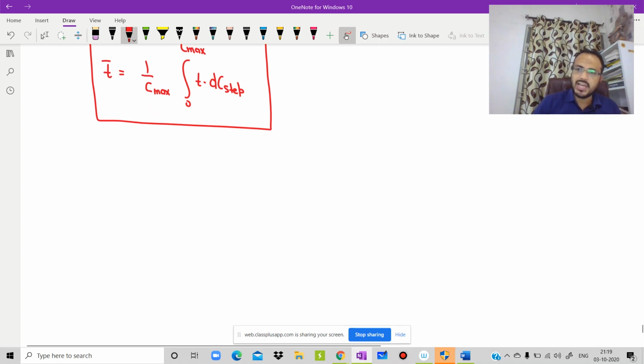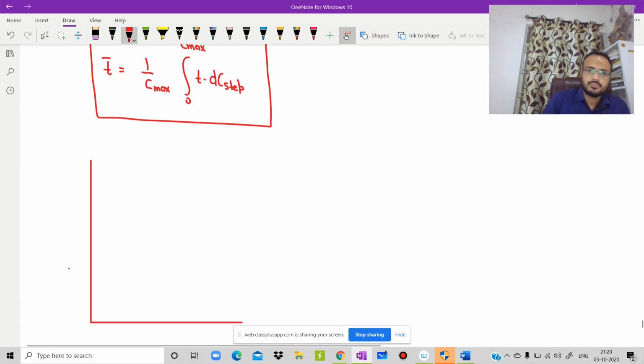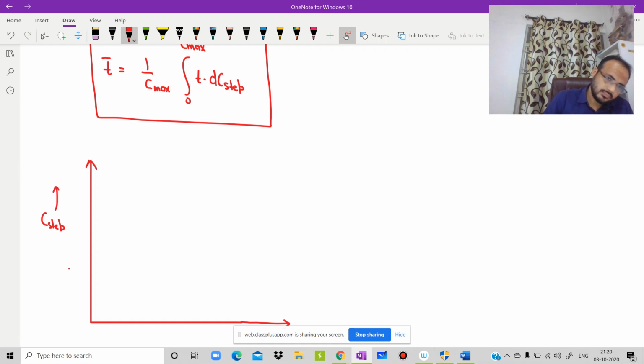Now you have C step, and with the help of the C step curve, we will define F. First, we will discuss what F is, then we will define the F curve. With the help of the above analysis, it should be clear to each and every student. At C step, you will get an increasing type of curve. It will not touch.